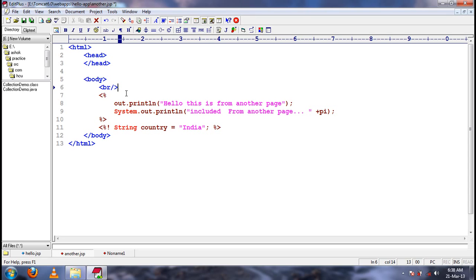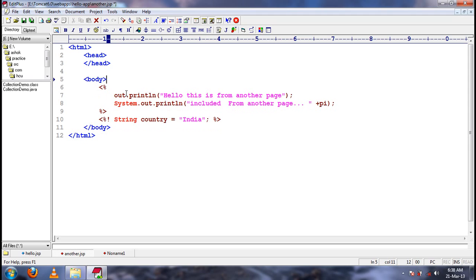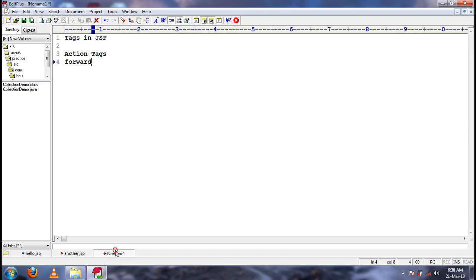Like these HTML tags, even JSP contains some tags. The tags that are inbuilt in JSP are called action tags, and those action tags should be used with the prefix jsp. A tag can have a prefix, and that prefix for action tags is jsp.